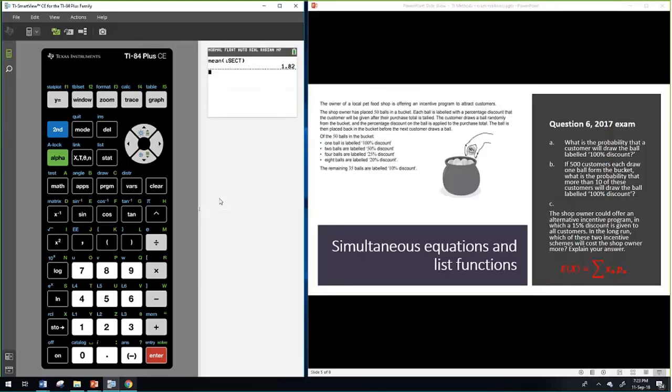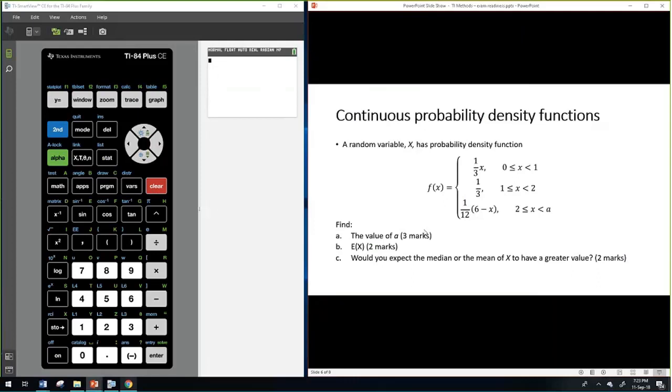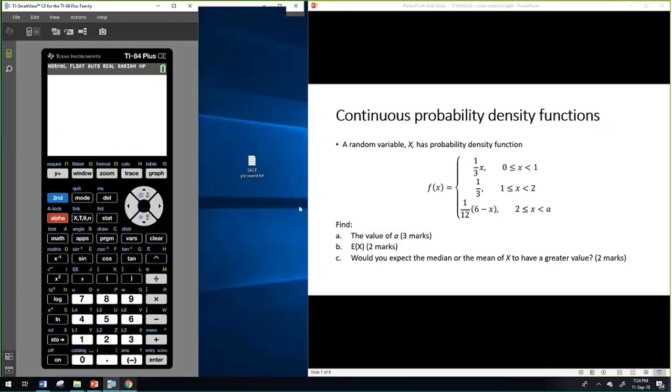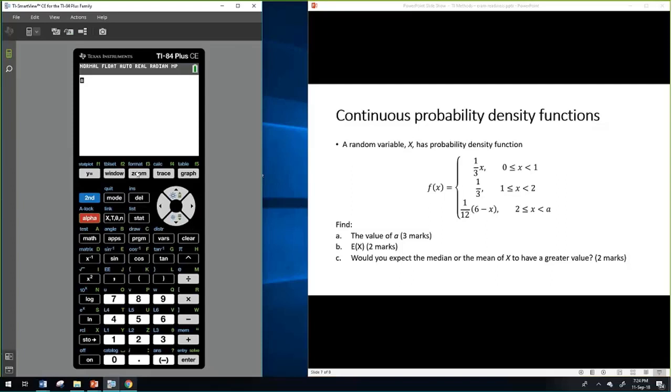the next thing I was going to talk about quickly is just looking at continuous probability density functions. I was going to show in this question here the fact that we can use, sorry, I'll just put my calculator screen back. We can use the integral function in F2, like John was showing before on that home screen, and say we want to go between 1 and 0 of